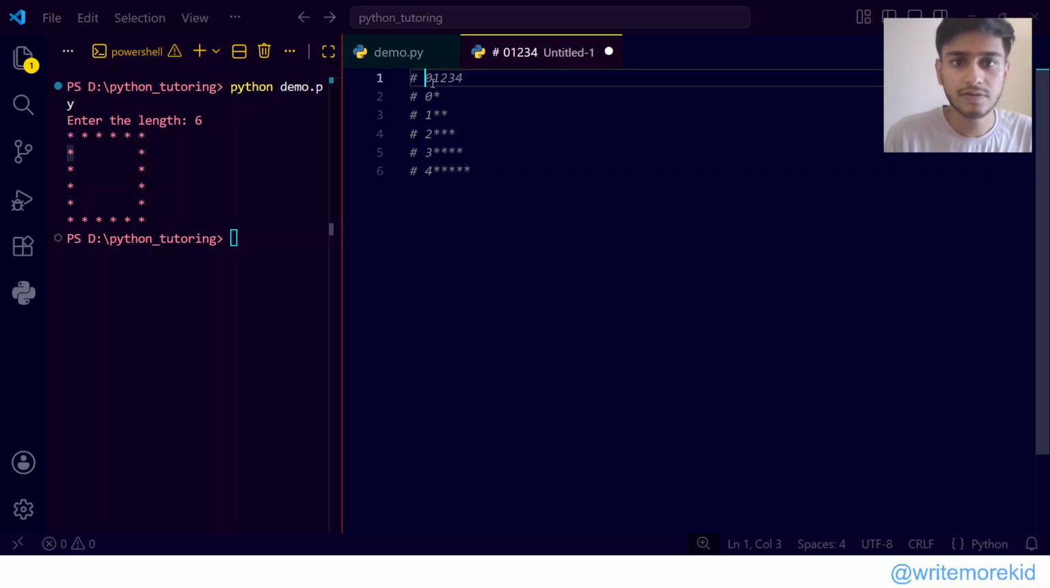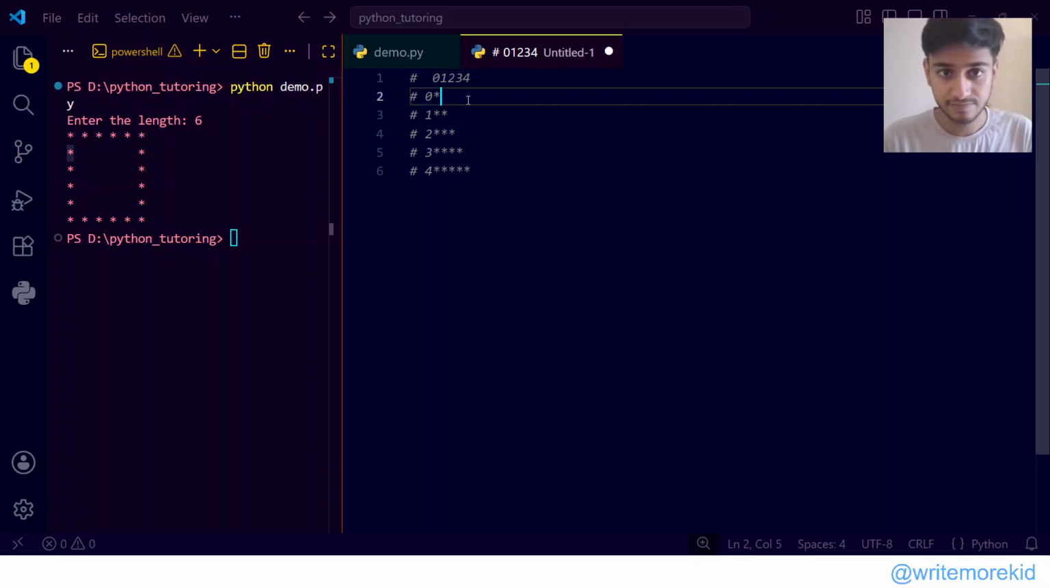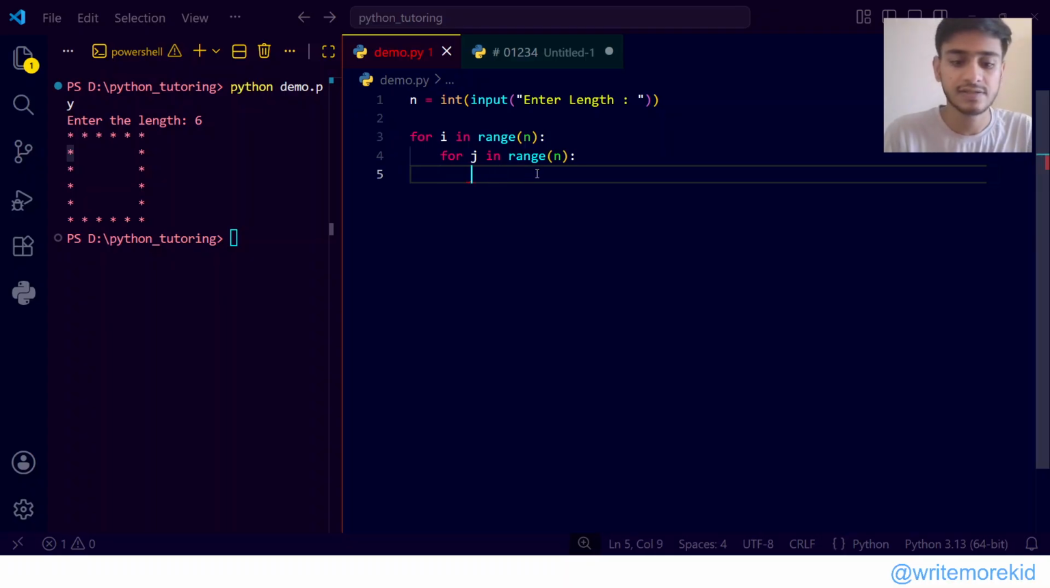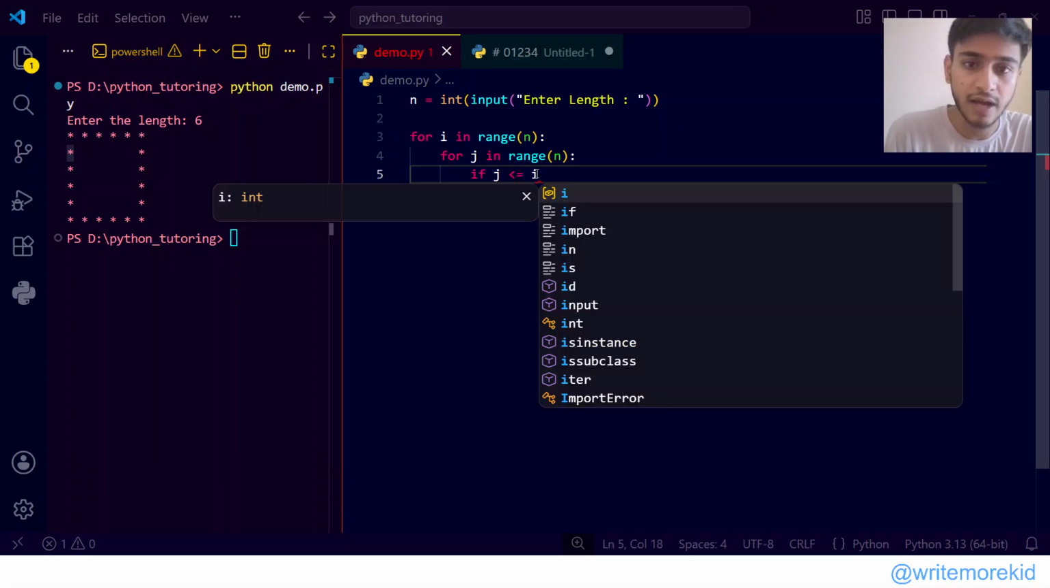Now, if you are able to see it, whenever the value of I is less than or equal to j, it is not I basically. When the value of I is less than or equal to j, it is printing asterisk till then, and when it is greater than the value of I, it stops. So let's try to implement it and see if we are correct. If j is less than or equal to I,